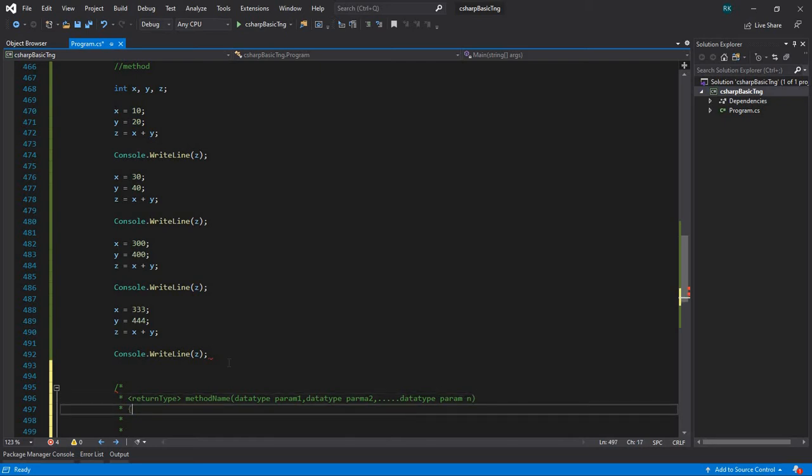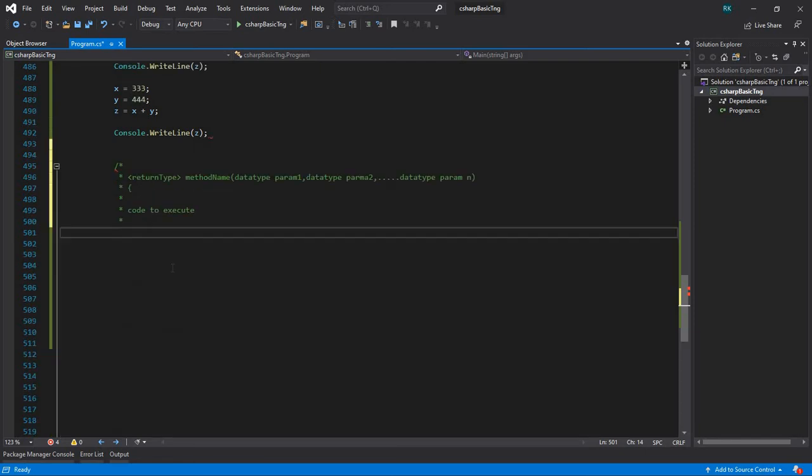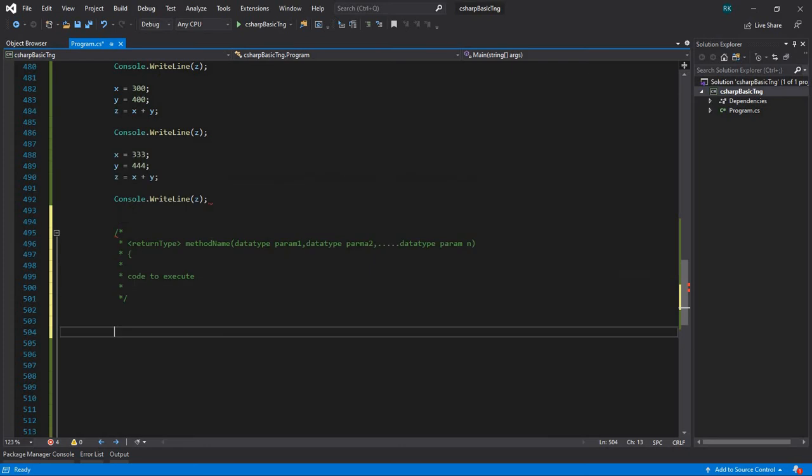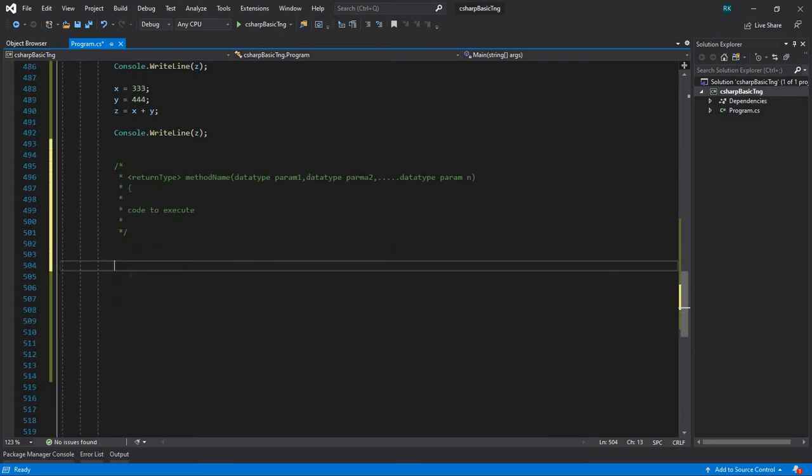And then the code to execute. Oops, sorry. Okay, let's try to perform this particular thing with the help of a method. We will call our method add, and the return type of our method is int. I am going to define what values I will be passing every time to add. So int x, int y,